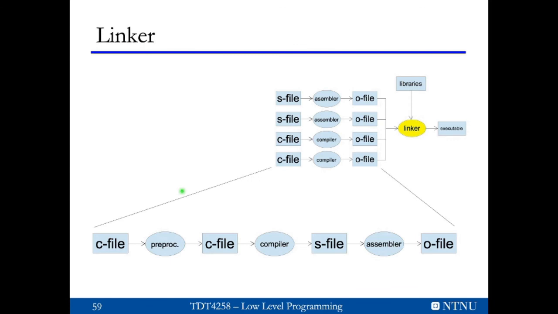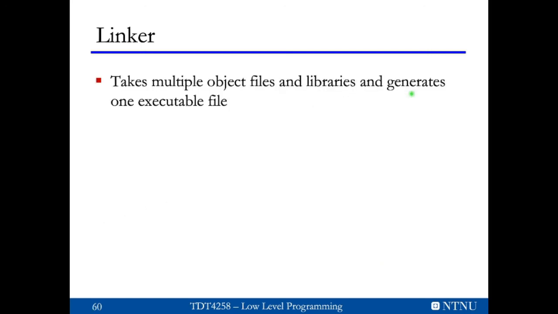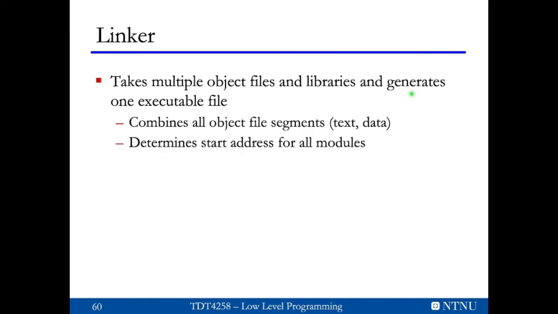And so if you have several object files generated either by a C compiler, via an assembler, or directly via assembly source code files, the linker now takes all these object files, has to figure out how to put them together in memory, has to resolve all the external references between the object files and from the object files to some libraries, and finally generates the executable. So it takes multiple object files and libraries, all together generates one executable file, combines all the object files together, so all your program code in your text segments, all your data in your data segments,